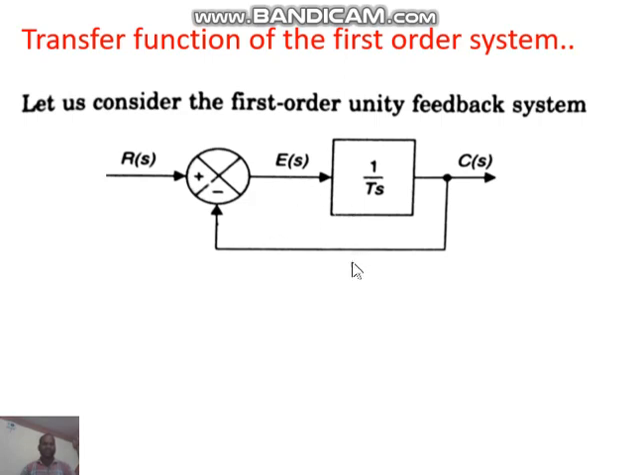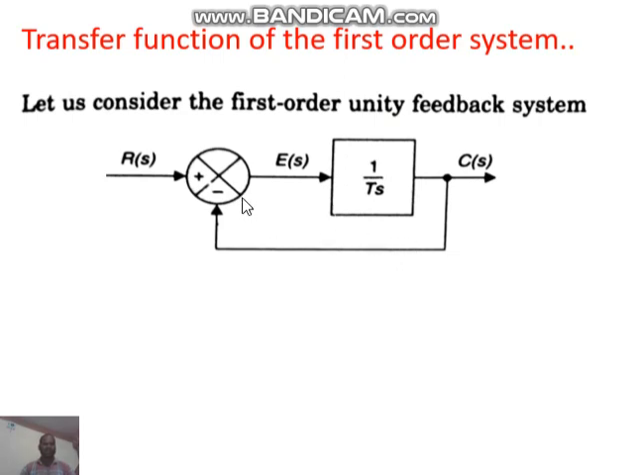Now I want to find out the transfer function of this first order system. Already we know this is a simple form or canonical form. How can we calculate the transfer function of a canonical form? The formula is transfer function is equal to output by input. That is nothing but C of S by R of S. Output is C of S, input is R of S. Therefore, C of S by R of S is equal to the forward path transfer function divided by